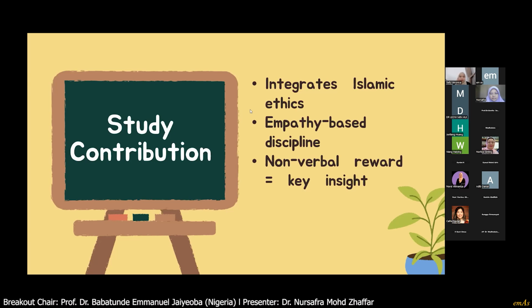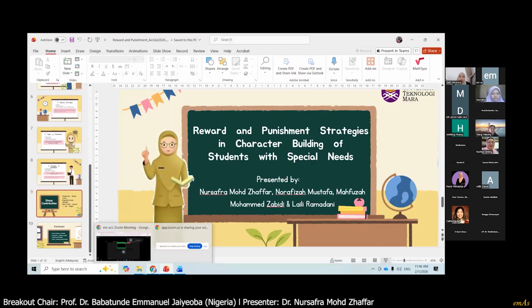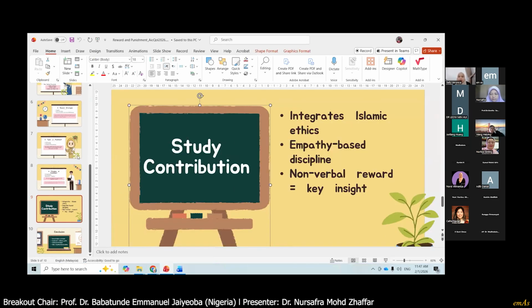So I have a question regarding the methodological process of this research. Is there any structural system in the process of your observation, regarding looking at the behavioral patterns of your students?